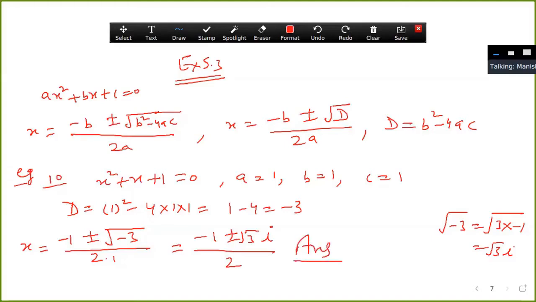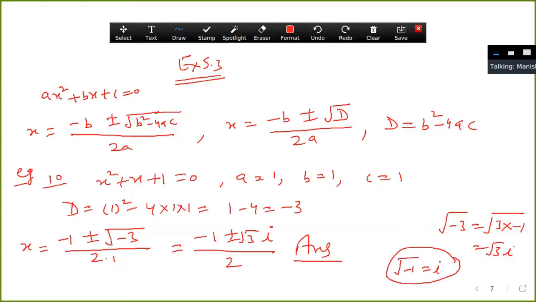You just have to write down the value of minus 1 under the root, that is iota. Remember this, then you can solve the questions of exercise 5.3. The same process is there which you applied in class 10th. So do exercise 5.1 and 5.3 both. After that, in the next lecture, we will discuss miscellaneous questions of the exercise.